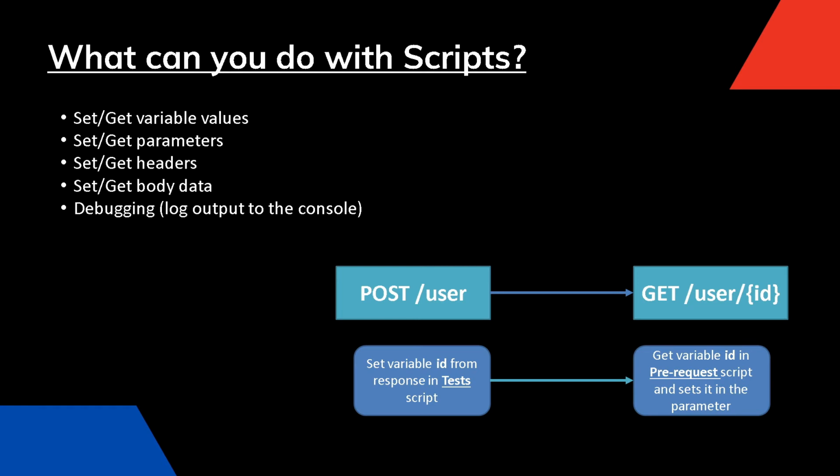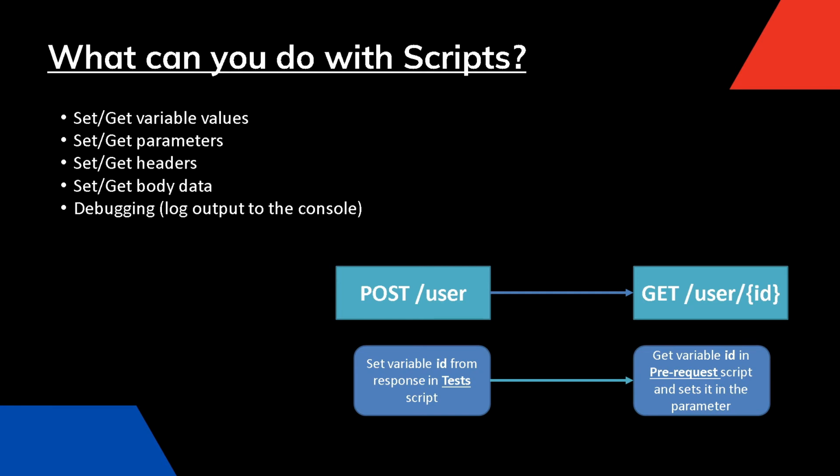That test script is actually setting a variable called ID, which it receives from the response. And then it moves on to the second request, which is the get user ID. At that point, it does not know what the ID is, but before hitting the send button, it will take a look at the pre-request script. And it knows that in the pre-request script, it is getting a variable ID and it's setting that in the